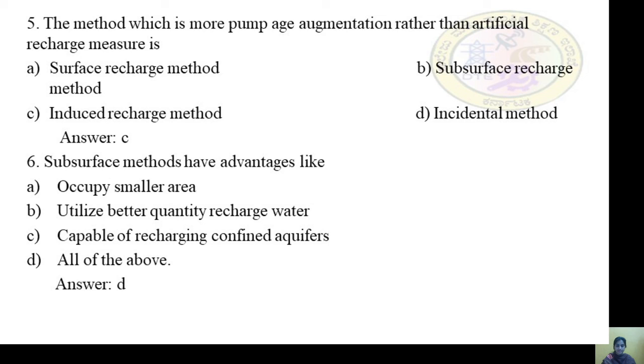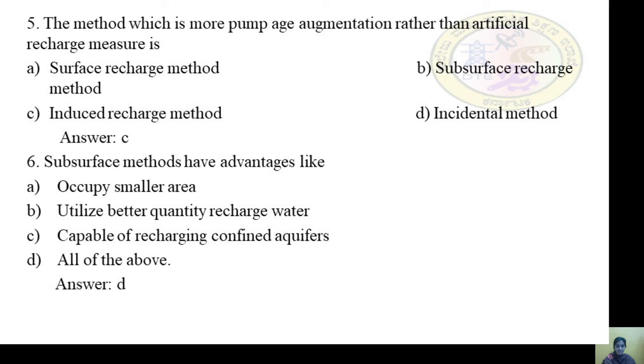The next MCQ: the method which is more pumpage augmentation rather than an artificial recharge measure is A, surface recharge method, B, subsurface recharge method, C, induced recharge method, D, incidental method.